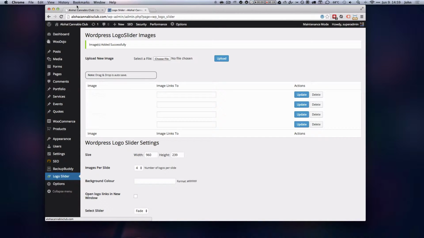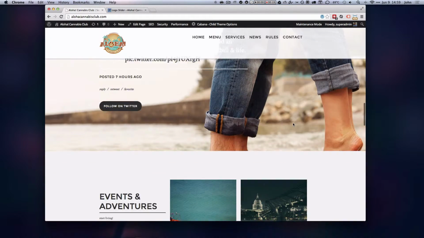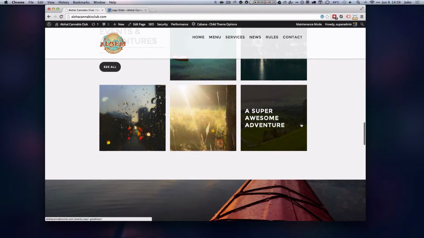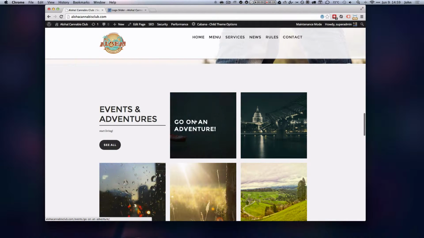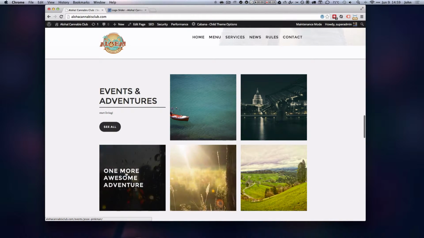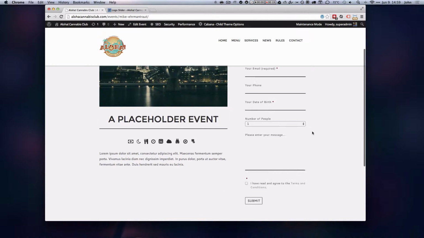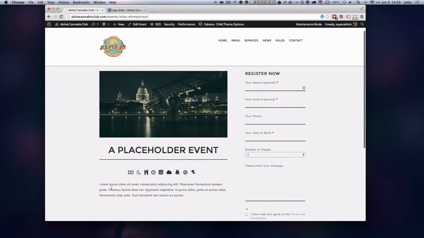So we see these events here on the front end of the site. We've got the home page here, and lo and behold, we have events. We've got go on an adventure, a placeholder event, a super awesome adventure, another awesome adventure, one more awesome adventure. Okay, so we have all these cool things. So we're going to click through and look at them, and we have a little template here. Here's some information about the site. Here's some little hovering situations. Here's the title, and here's the image of the